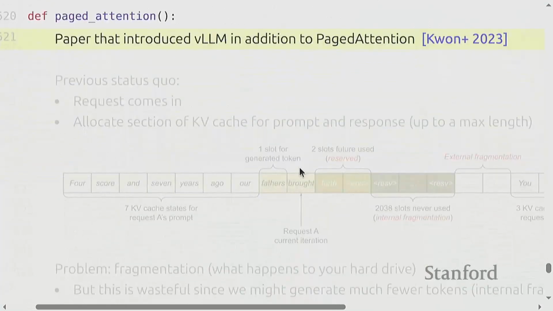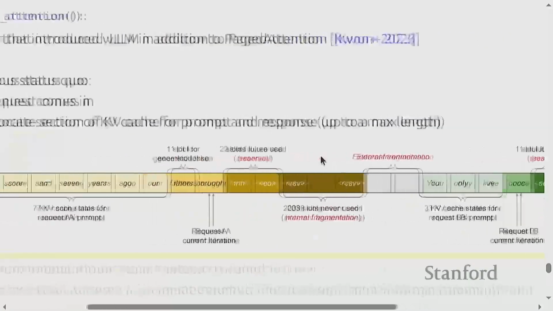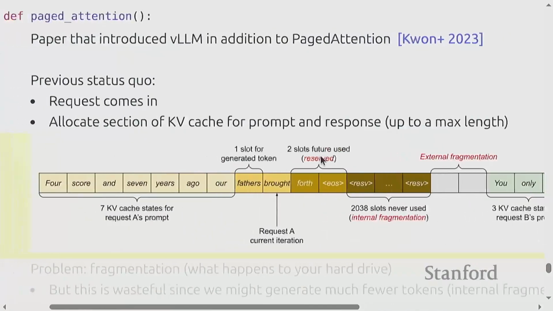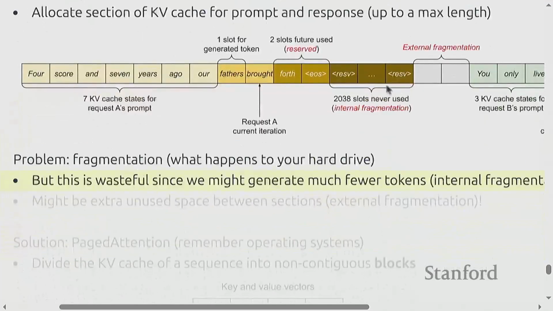Okay, I know that was fast, but I'll quickly go over PagedAttention now. This is the paper behind vLLM, which some of you have probably used, and it addresses the memory usage problem. If you have a KV cache and prompts are coming in and finishing, your cache is going to get fragmented. You allocate a bunch of space for a request, but you don't know how many tokens it's going to generate. So there's internal fragmentation, and also external fragmentation, where there's padding between the requests and the responses.